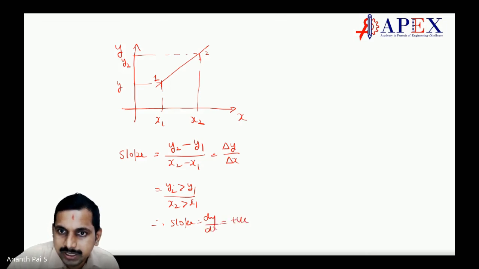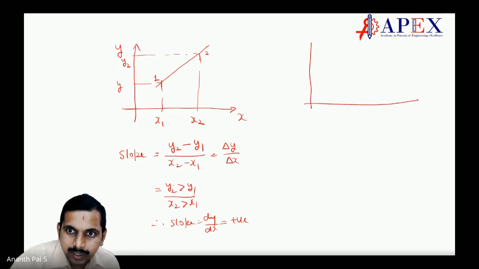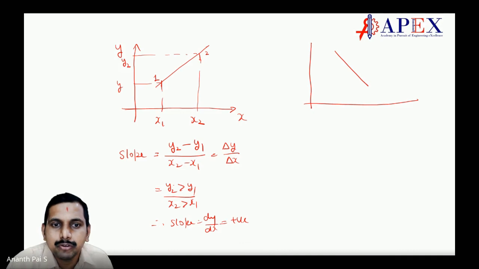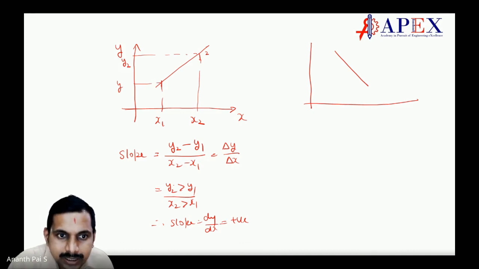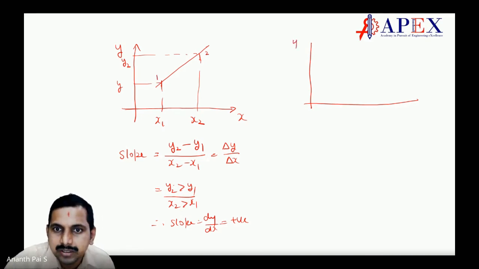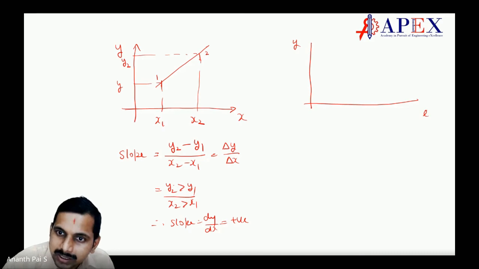Now let us take the second case. If I have this way, now it depends on what you take as 1 and 2. Now if you make 2 and 1 here, then also the same thing happens. Let us understand here. Let us put another case. The same thing. Let us have 2 and 1 somewhere else. So y and x, same slope.